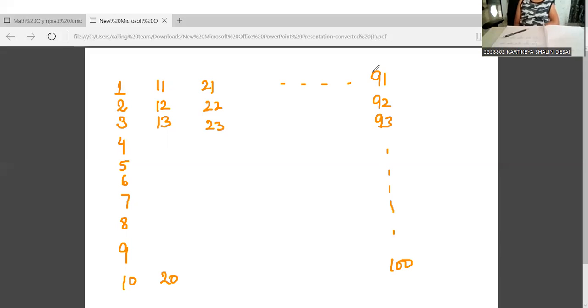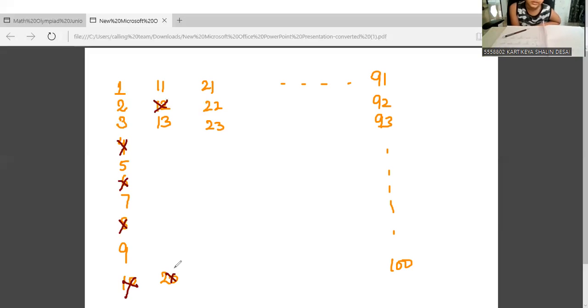Correct. Now we'll try to find all the primes. Though we have written it, how can we trust that this is the list of all the prime numbers? Now we'll strike out all the numbers which are not prime. Kartika, are you with me? First of all, every second number will be divisible by 2. So I should strike out these numbers because definitely they are coming in table of 2. So all of them are not prime numbers. Are you with me, Kartikeya and Namika?